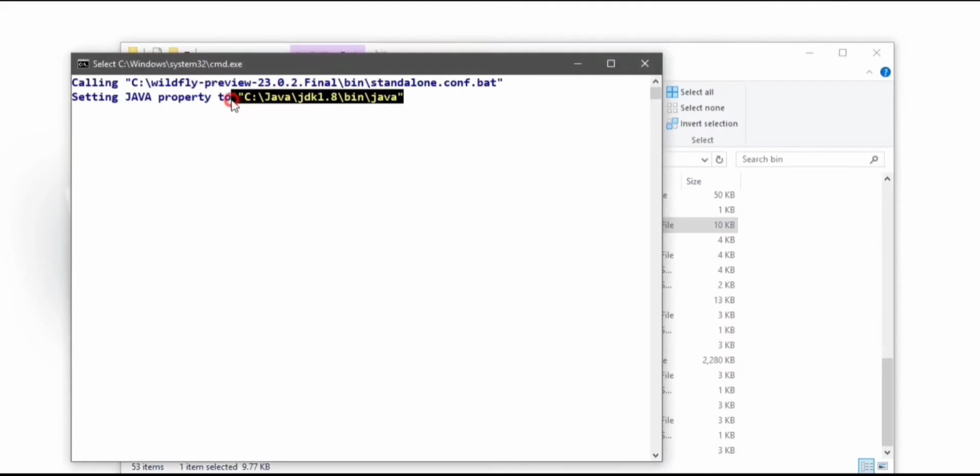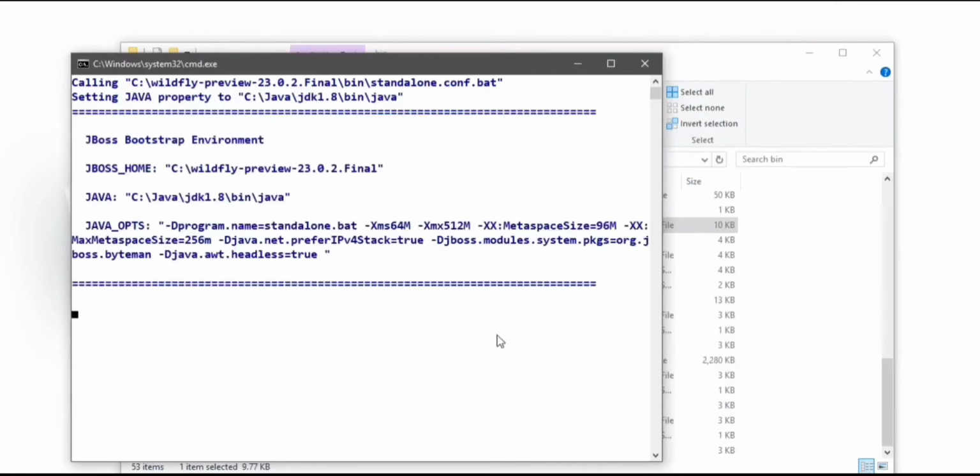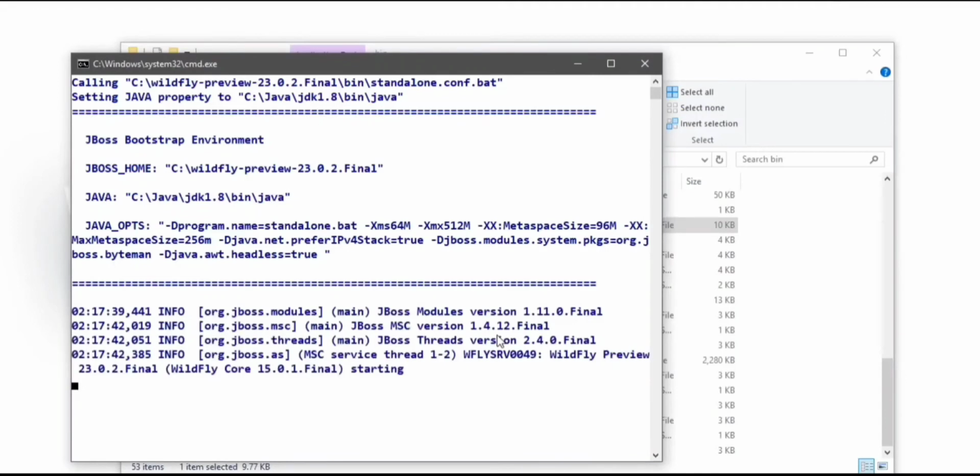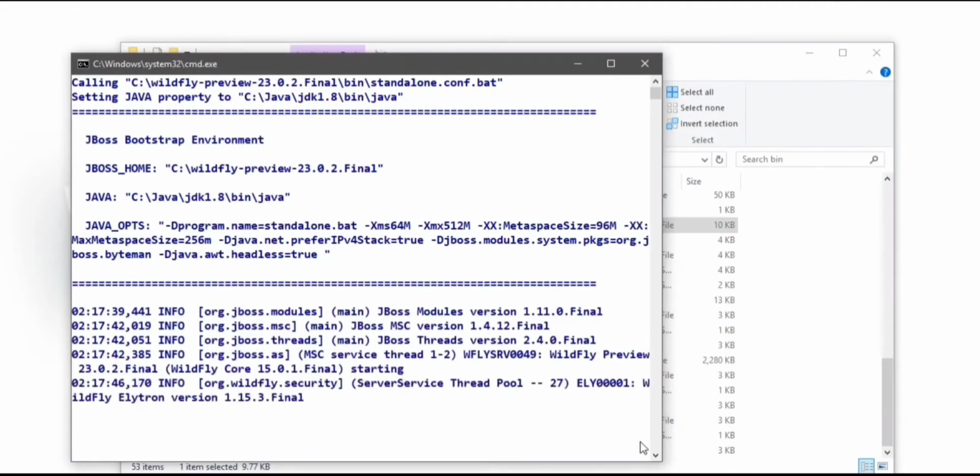Here look, our default Java property is this. Now it will start. It is finally starting.